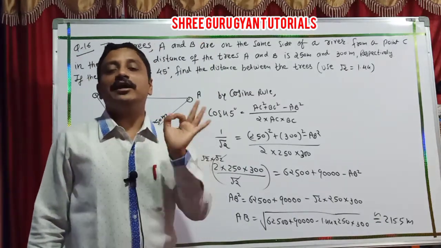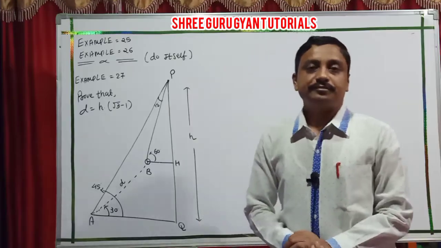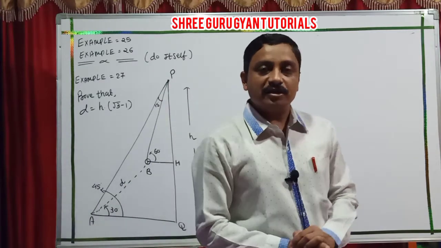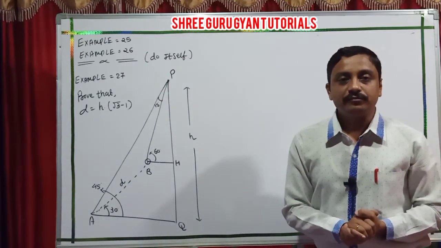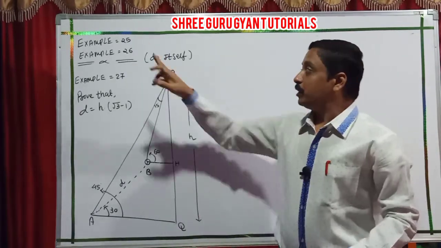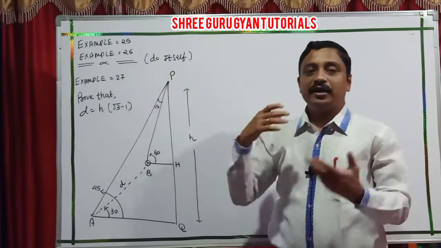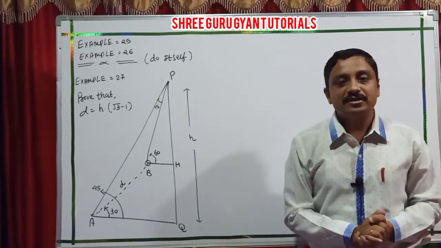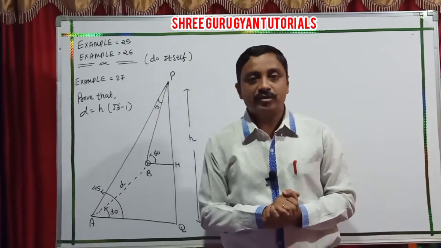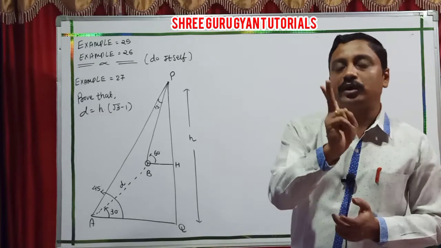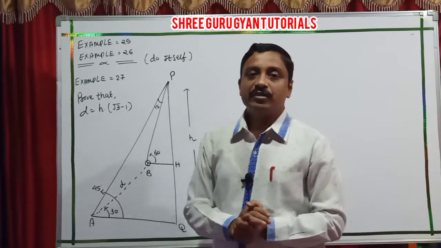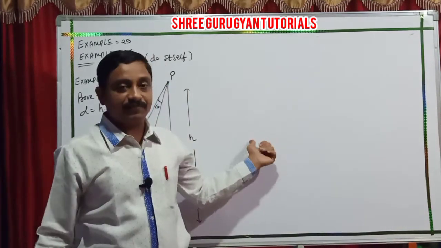Now I am going to the remaining illustrations related to this chapter. Now students, after ending our exercise 3.5, just a few examples are remaining. Students, example number 24 I already explained to you in the last part. Examples 25 and 26 you calculate yourself. They are very easy examples, so I hope you can easily calculate. So I am going now to example 27. Students, examples 27 and 28, two examples are left in this chapter. So I am going to example 27.